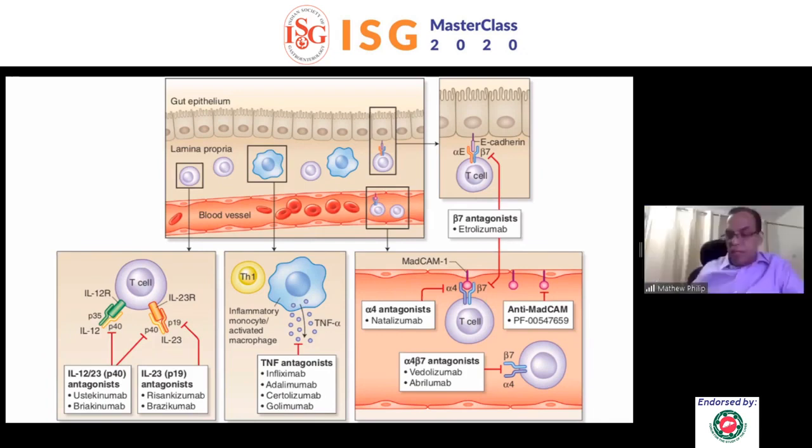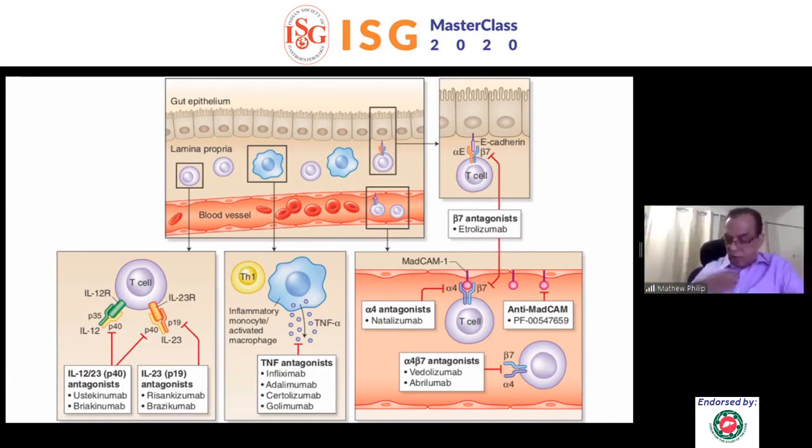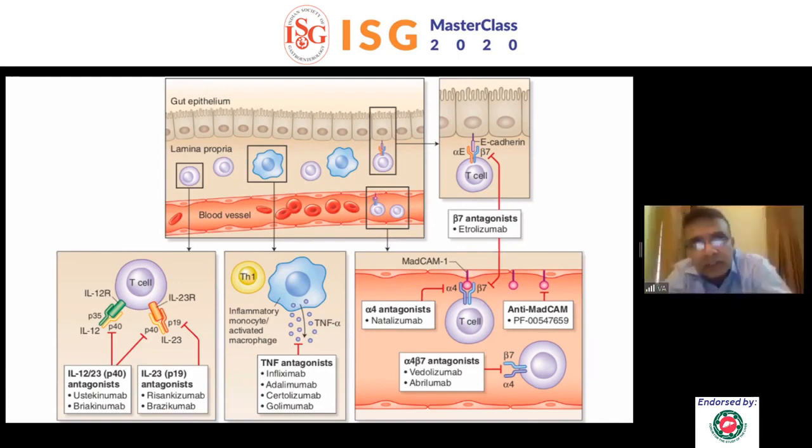Another question is by Dr. Shreya from Lucknow. Isolated ileal disease, started on budesonide. The patient is not responding. Should we start systemic steroids? Yes, that's the step-up approach. If the patient does not respond to budesonide, go to oral steroids. If the patient does not respond to oral steroids, then you go to biologics. Similar questions. If the patient does not respond to biologics, before that, I'll show you a slide subsequently.